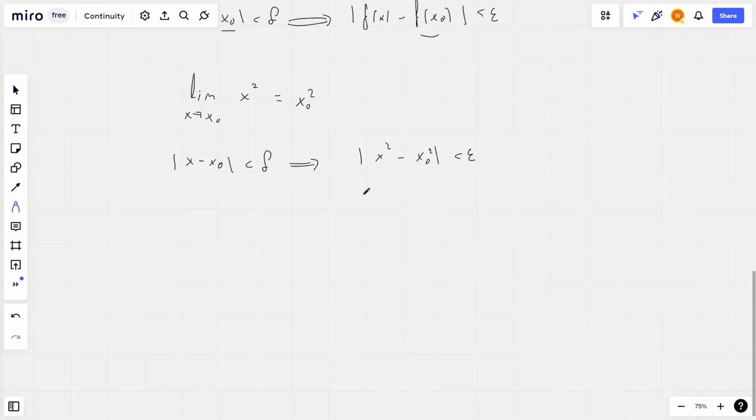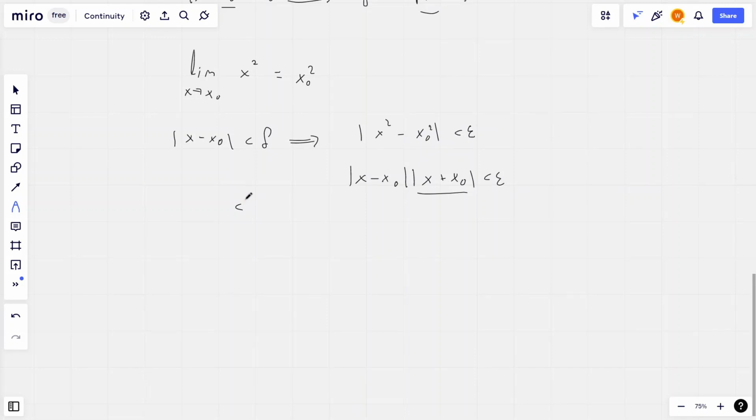So from this we can see we have a difference of two squares, which gives us this. Now we're thinking, well, these are the same, aren't they? So we're only missing this essentially. So what we want to do is, say our delta is 1 or less than 1 in this example,